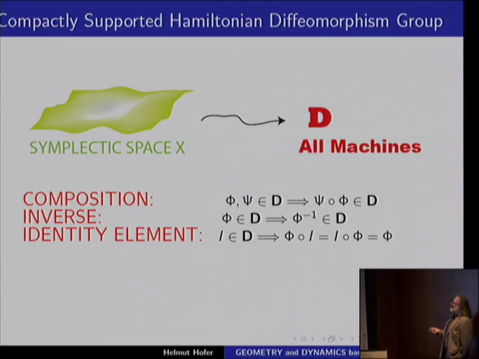Mathematicians know that if you study this kind of objects, transformations which preserve a structure, if there are plenty of them, they can actually tell you a lot about this space. So it's not such a crazy viewpoint. And there are some good structural properties. Namely, if you have two machines, you can build a new one. You first apply the first machine, you give an input, get an output, and use the output as an input for the second machine. That's called composition. Any machine you can run backwards. That's called the inverse. And there's the lazy machine, the identity machine, which doesn't do anything.